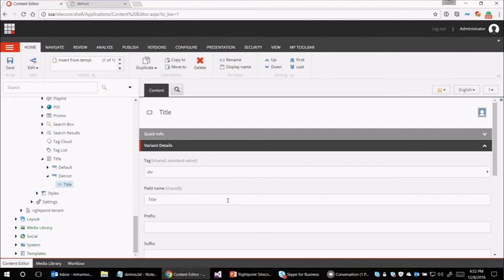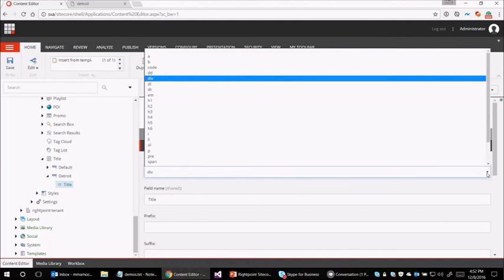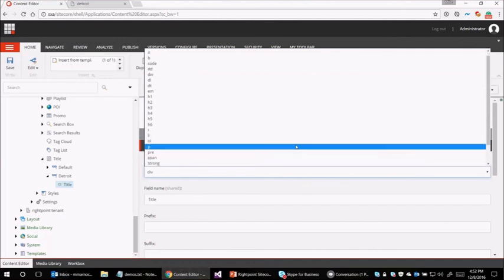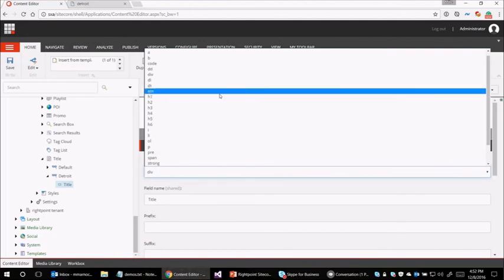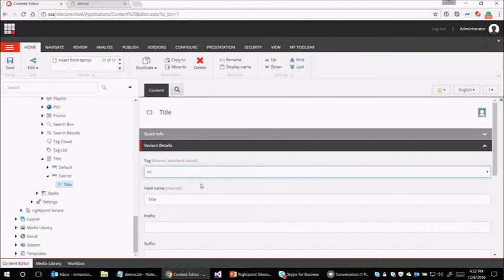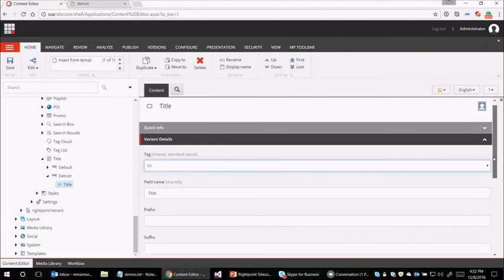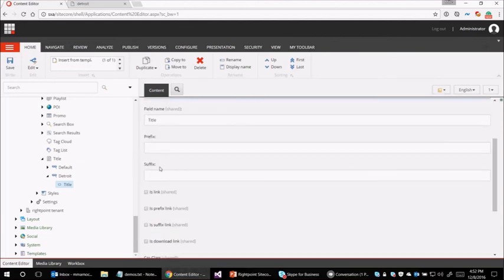And so this is what's kind of cool about it, is you can start to configure your HTML output of this component, right? So I can choose in that title field, what do I want that wrapped in? Do I want it wrapped in a div, a paragraph, an H1, right? So let's make it an H1. I can also prepend or add text to the end with prefix and suffix. So I could put like page name